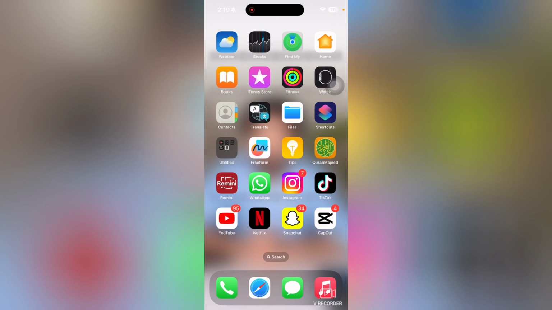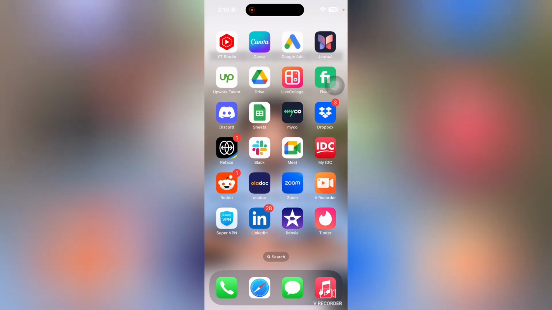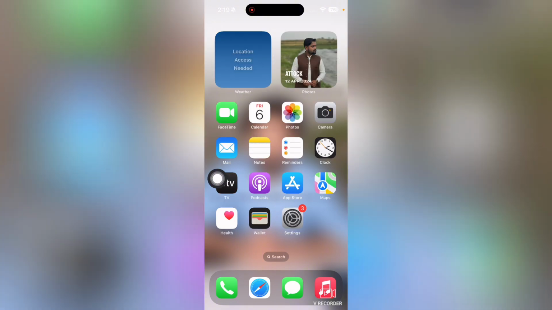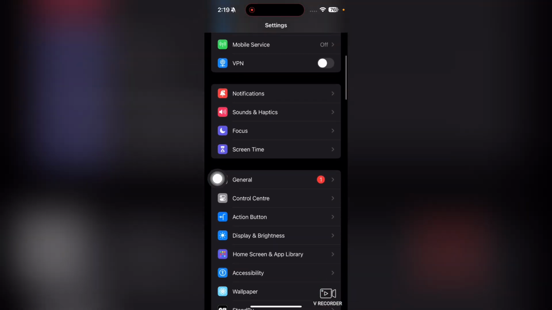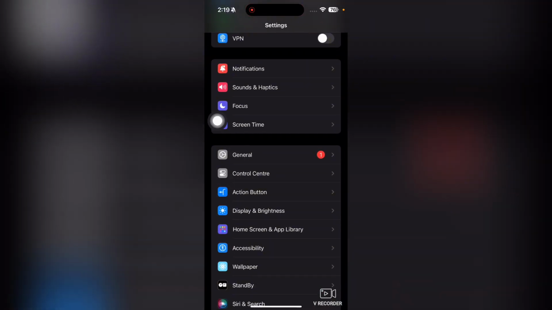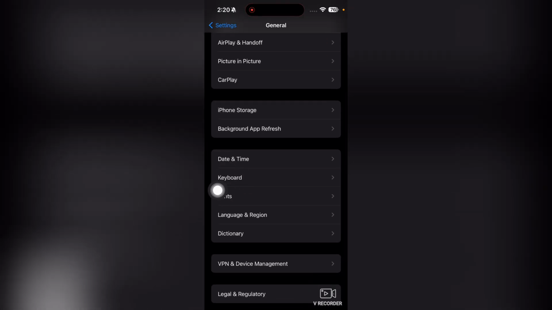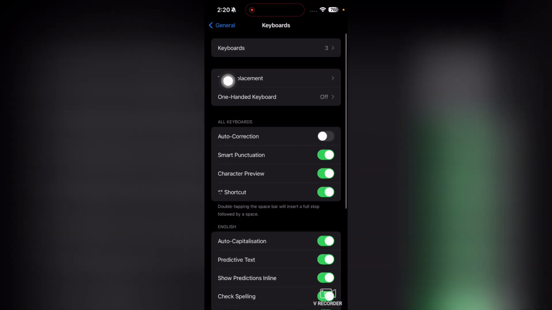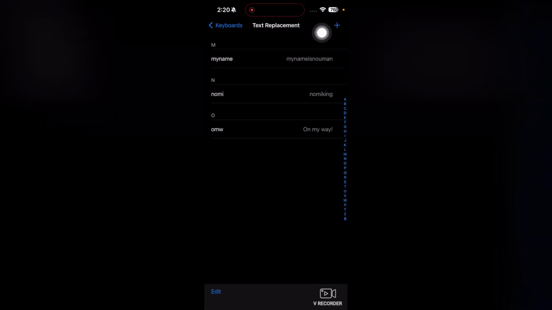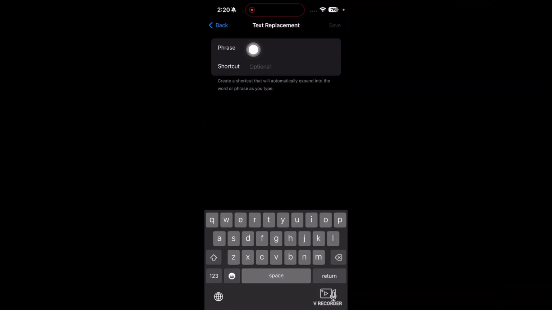So first of all, what you're going to need to do is simply go into the settings here. Then go to this general option. And when you are in this general option, you will simply tap on this keyboard option, then tap on text replacement, and then tap on plus here. Now here you will basically add the text that